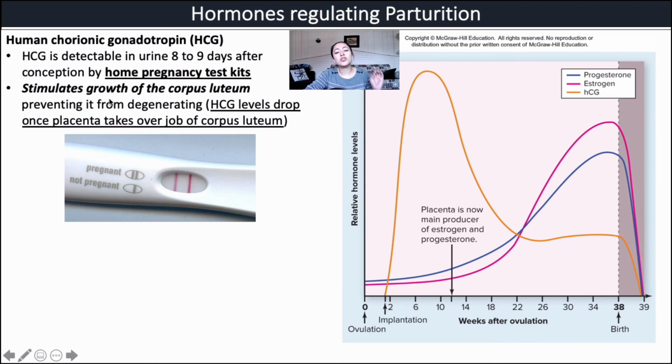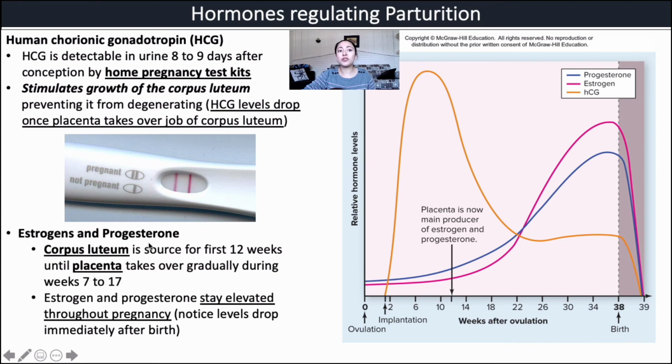Remember, HCG is extremely important in stimulating the growth of the corpus luteum. It prevents the corpus luteum from degenerating. Furthermore, HCG levels only drop once the placenta starts taking over the production of progesterone and estrogen. Estrogens and progesterone, again, are secreted by the corpus luteum for about the first 12 weeks until the placenta takes over. And then once the placenta takes over, progesterone and estrogen levels will stay elevated throughout the entire pregnancy